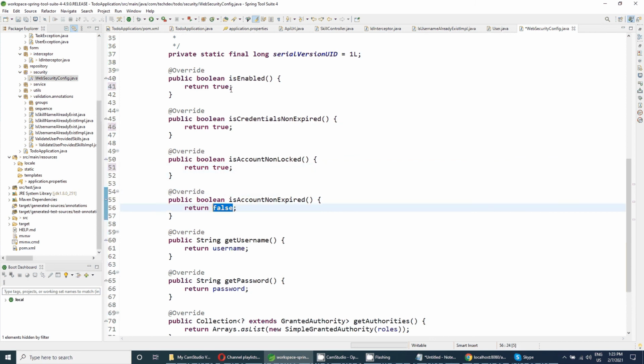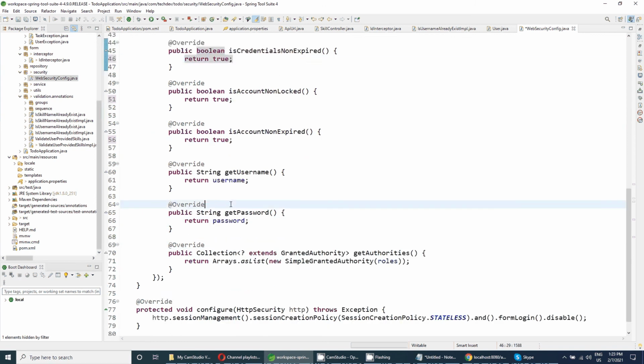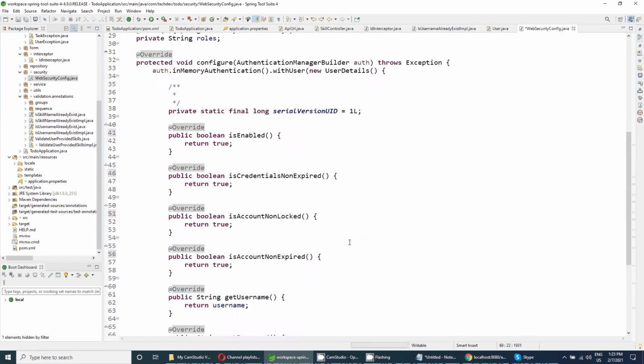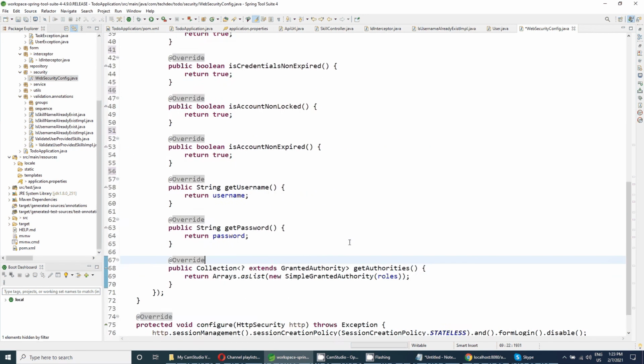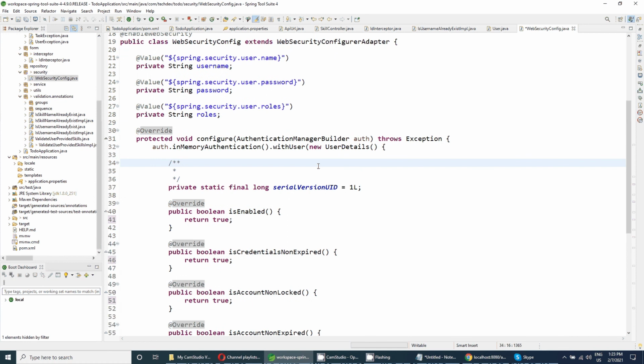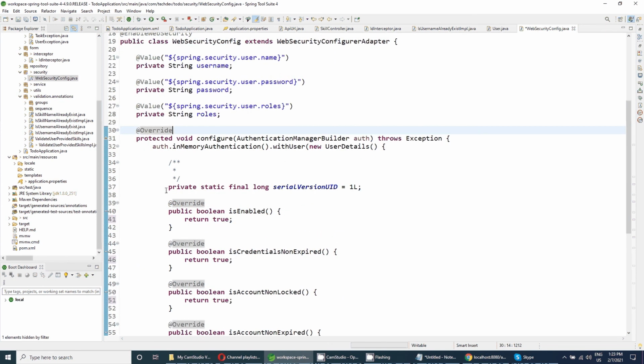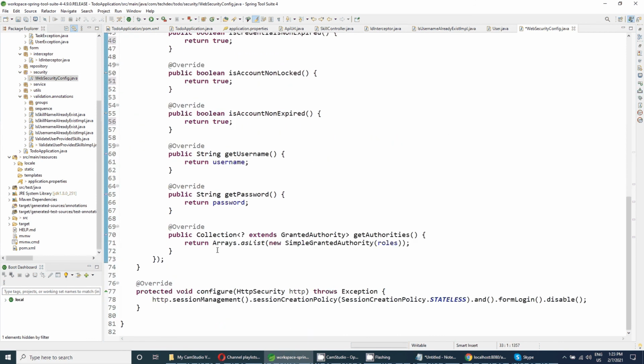Is account non-expired? Yes, it should also be true. The username of that user is this, the password is this, and it has this role. So we have just configured here the in-memory authentication with this user.